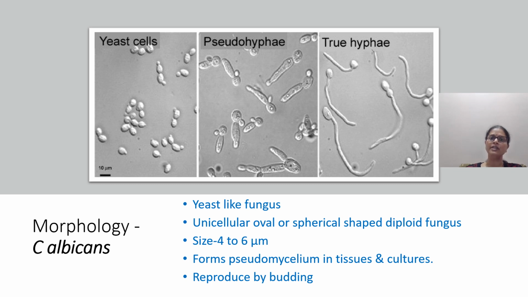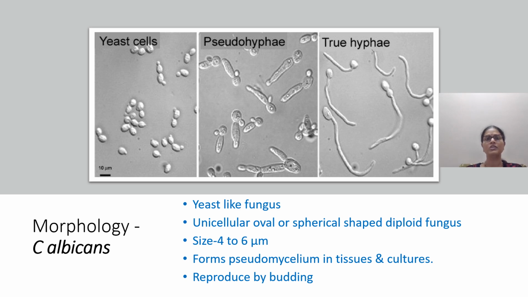Pseudohyphae is a chain of elongated budding cells joined end to end and looks like a hyphae, whereas a true hyphae will have parallel cross walls, and this hyphal form is more important for an infection. Several factors can cause the change in this morphology, such as pH differences, temperature changes, carbon dioxide level, starvation, and